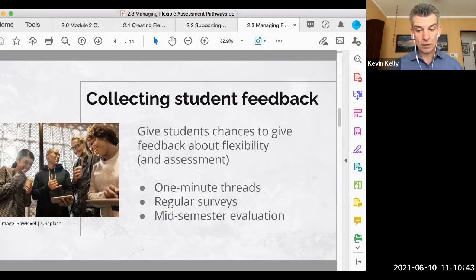And so we can do the same thing with surveys. Some people do surveys, let's say every 2, 3, or 4 weeks, maybe once a month during a semester, finding out what types of choices students are making in terms of the modality they're choosing for participation, what's working for them, how you can support them and how they can support themselves. Or some people just do one informal mid-semester evaluation. Don't want to wait all the way to the end of the semester to find out that students really would have liked if you would have created a